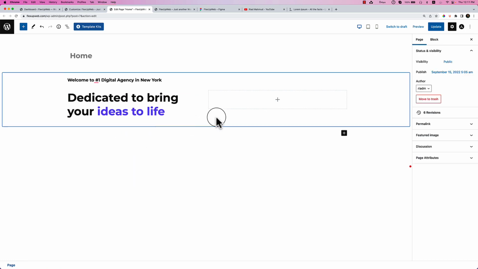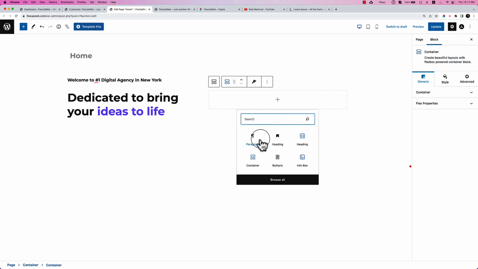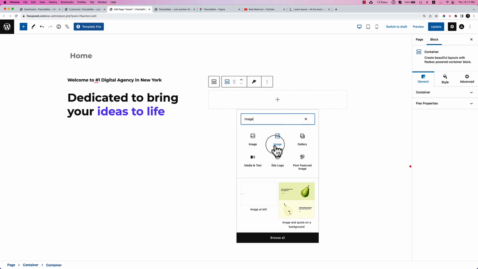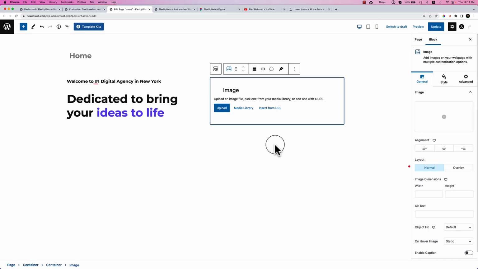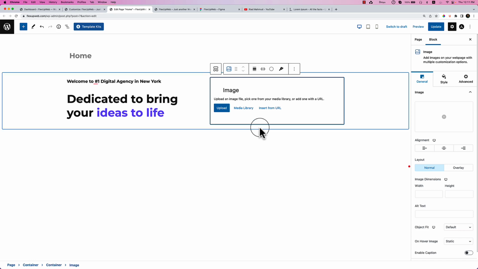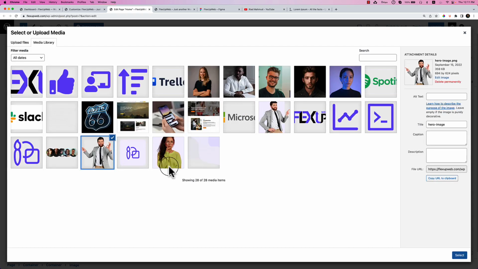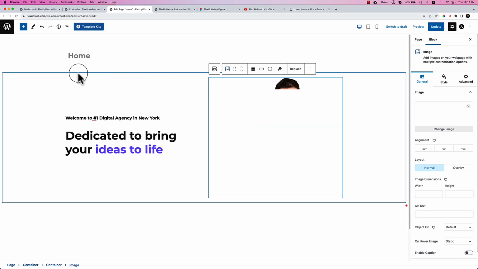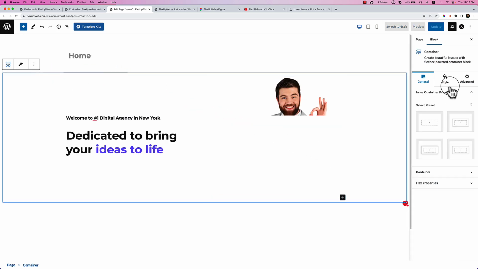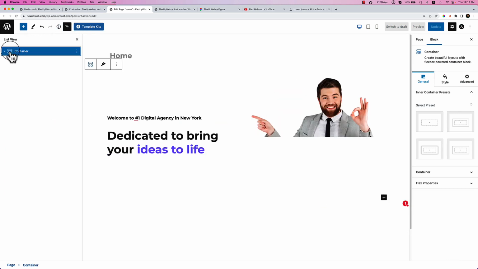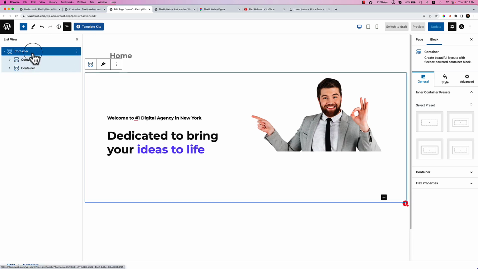That's it. Now add image, search here, and always try to pick the block item from the Spectra. Sometimes the default has some options, but the Spectra comes with some more advanced features, and I prefer to use the Spectra block except the default one from WordPress itself. So I have added the image, and if I select the container, you can always navigate from list view. So if I select list view, and here you can see the container, and when I select the container from here,